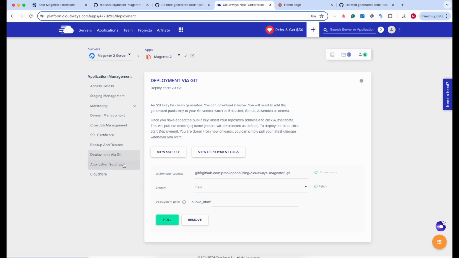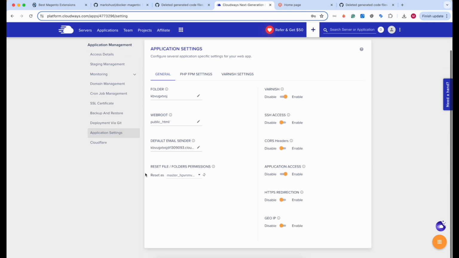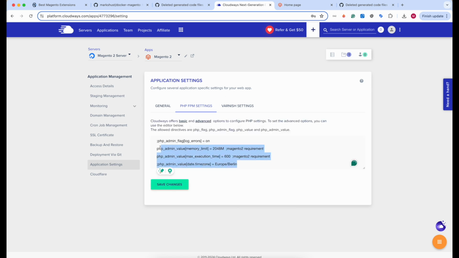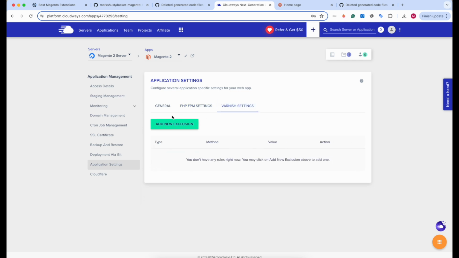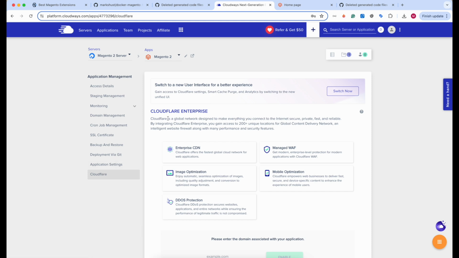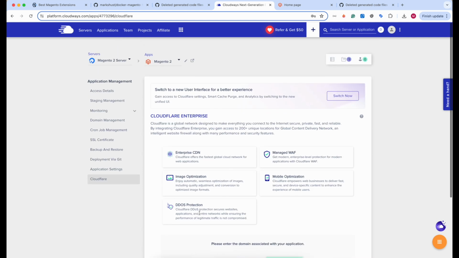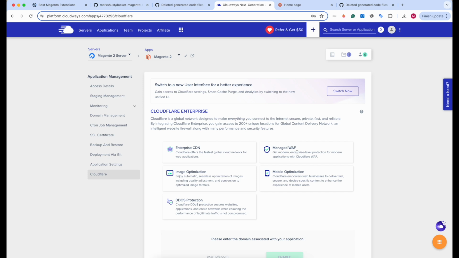that is your production Magento 2 application. So there are some other settings we can check. You can have some settings that can be changed via panel or this web console, even like PHP FPM settings if you need to increase memory limit, Magento 2 requirement, max execution time, varnish, that is handy. And you can even configure Cloudflare with additional $5 per month,